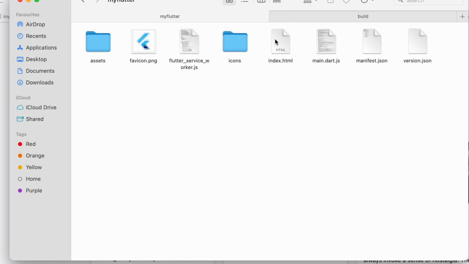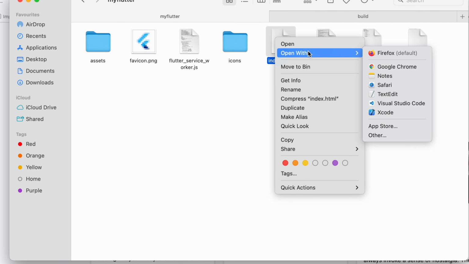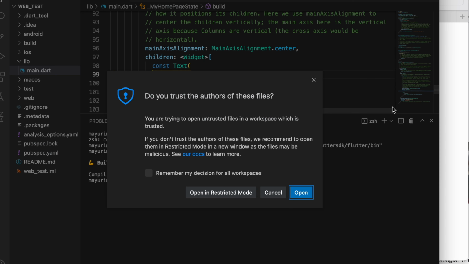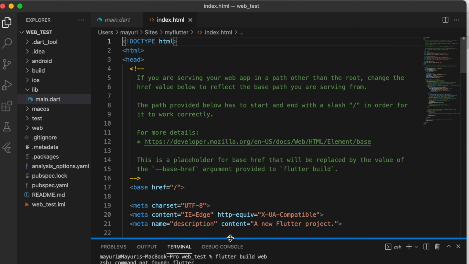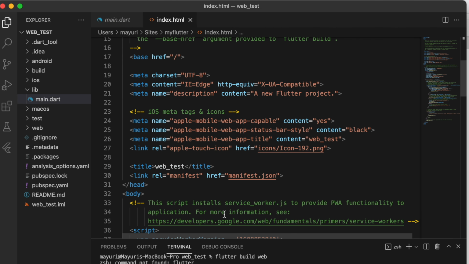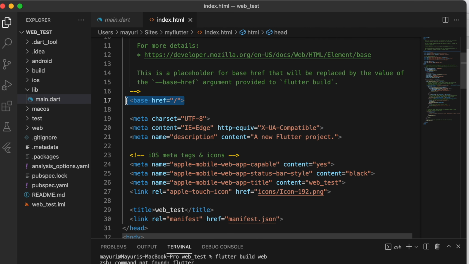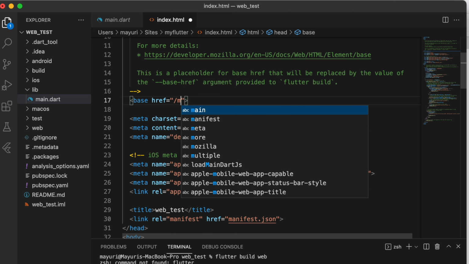We have to make one small change. We have to go to the index.html file, and in this file we have to give the name of the directory. You can go to base href. Here it is, in my case it is line number 17. Here you have to give the base folder, the name of the directory.